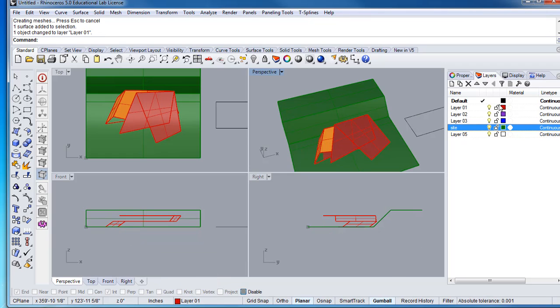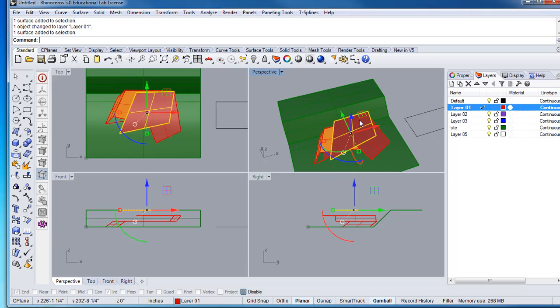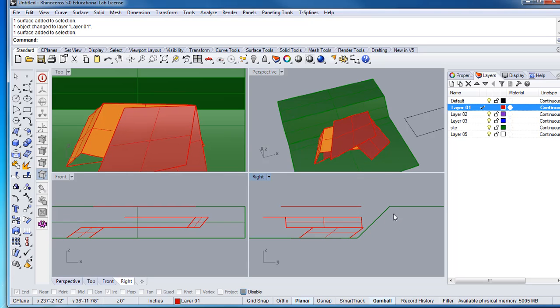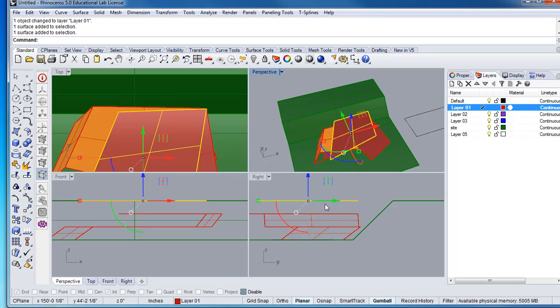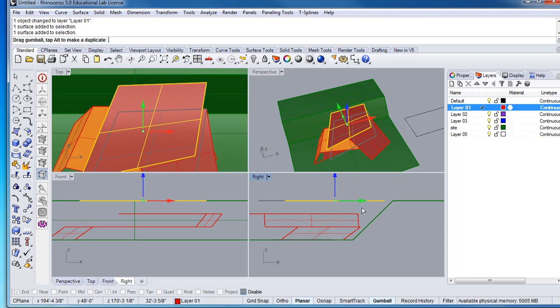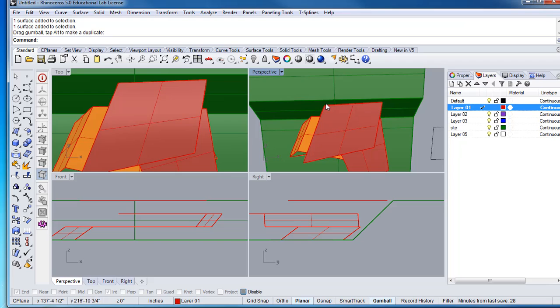Okay, and move this up 16 feet. And that should be at the same elevation as the top plane right there. Okay, so we have 48 feet, 16 feet, 16 feet, 16. We're going to add it all up to 48 feet. So I'm going to take this plane right here and move it on over so that it pretty much touches the site. What I probably should have done is to make this edge right here